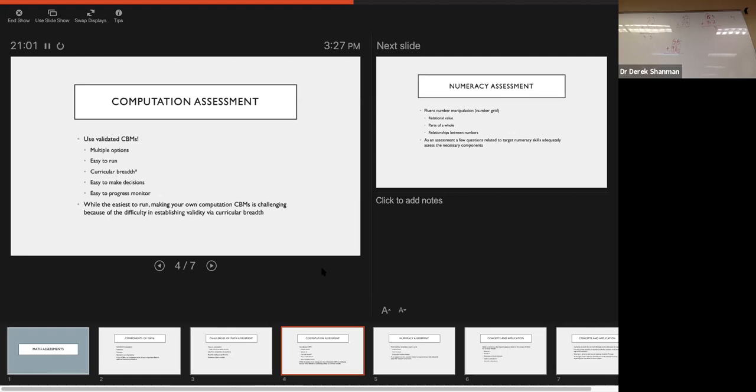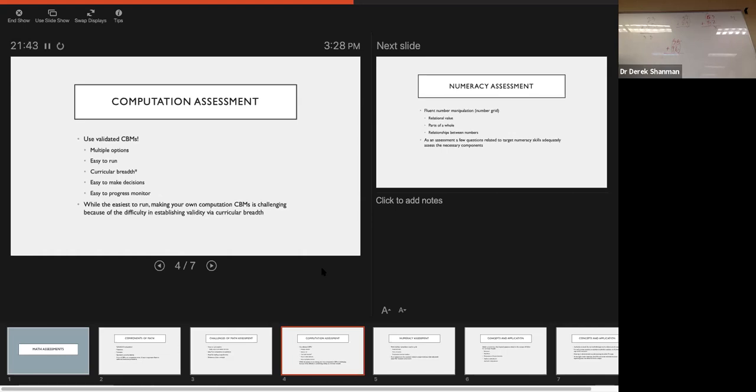You know that your next CVM is going to be of equivalent format, equivalent length, and equivalent difficulty, so that your next progress monitor is directly meaningful to what you're trying to study. When you compare that to reading assessments, you may have variation in the length of the passage, the content of the passage, the background knowledge that the child comes with. All of those things make comparing reading assessments and writing assessments much, much more challenging when it comes to progress